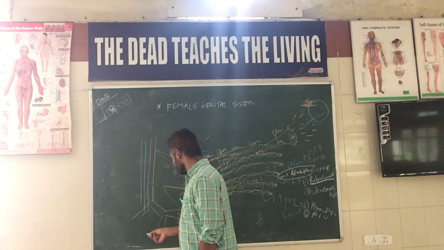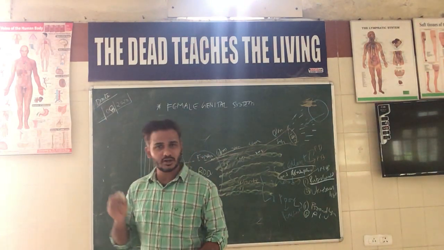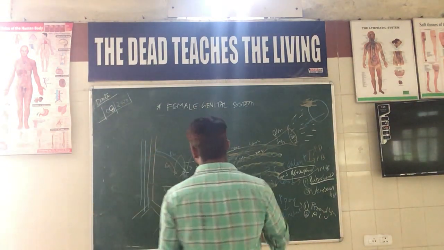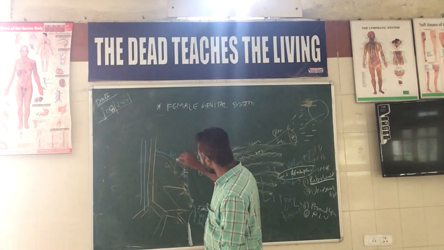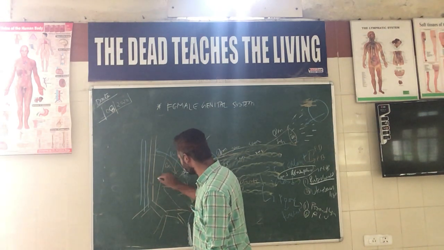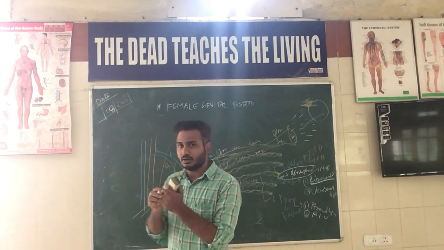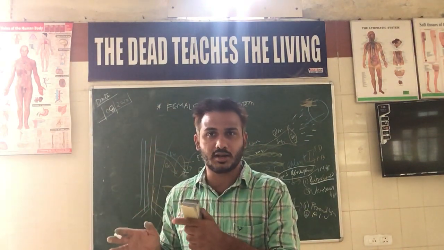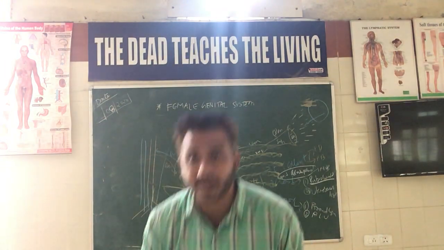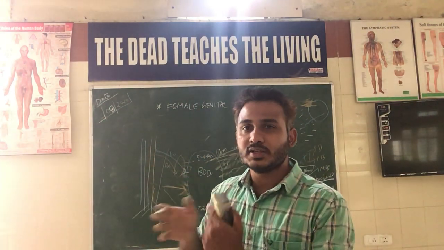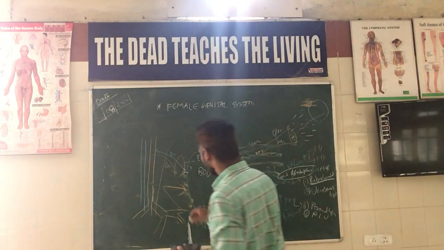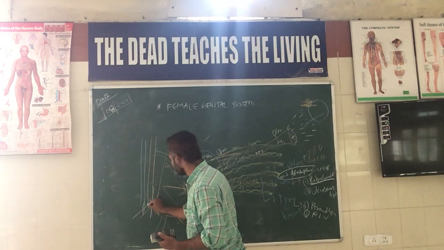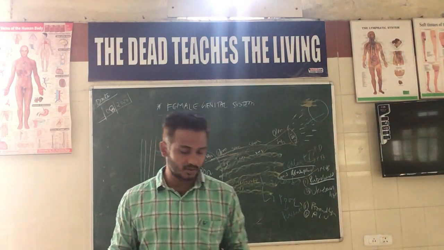Along with the uterine artery, there is also the ureter. While discussing the gross anatomy of the ureter, we studied its relationships. The ureter passes at the junction where the abdominal aorta divides into the common iliac arteries, and the common iliac artery divides into the external and internal iliac arteries. The ureter passes more towards the external iliac artery.